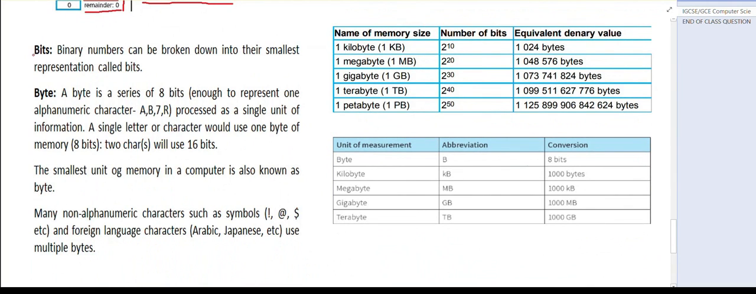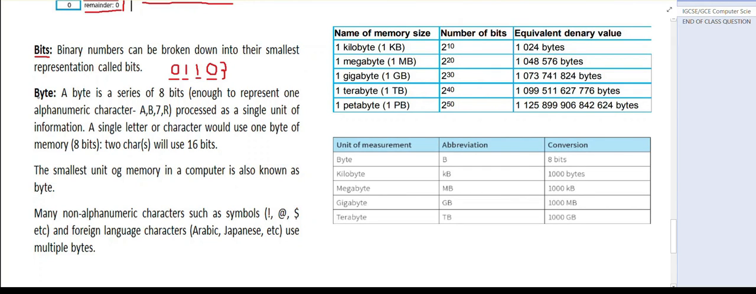What are bits? We have already studied it. Binary numbers can be broken down into their smallest representation called bits. For example, we are given a 4-bit 0, 1, 1, 0, right? So 0 is a bit, 1 is a bit, 1 is a bit, 0 is a bit. How many total bits? 4,